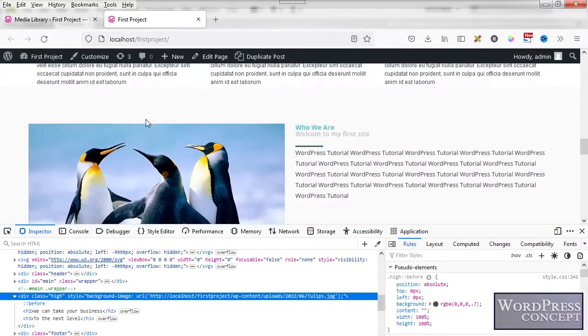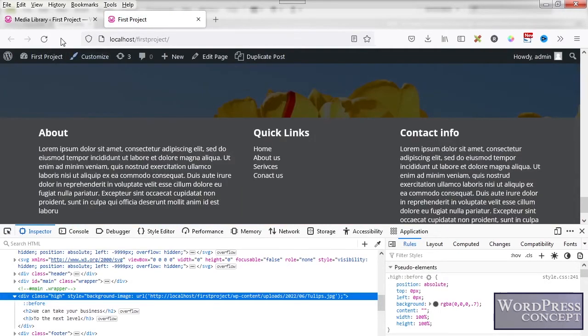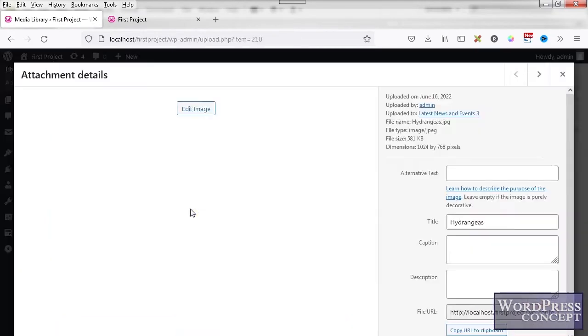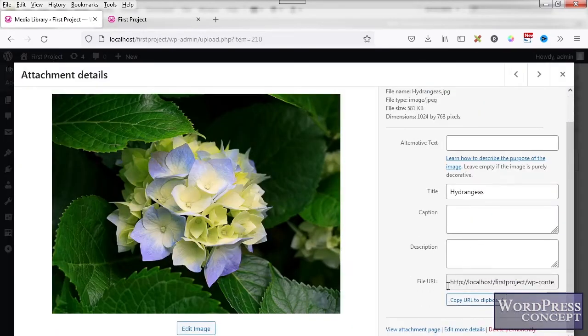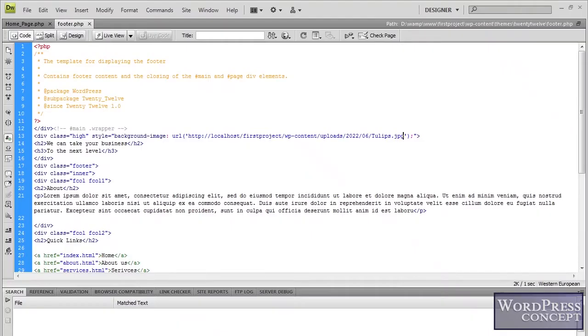Now I can give any image here. For example, if I want to change this image, this is not the real way of making it dynamic, but because we had many things to do,